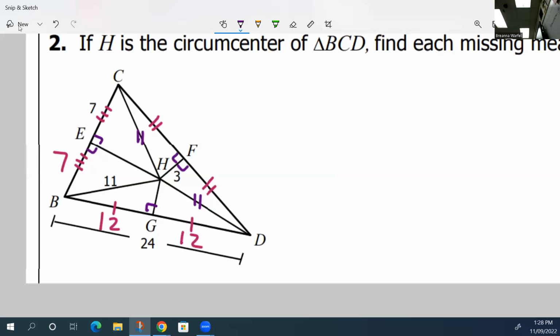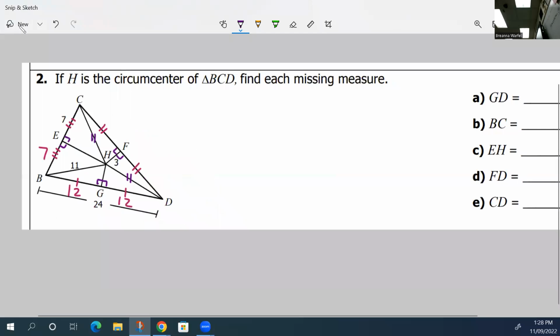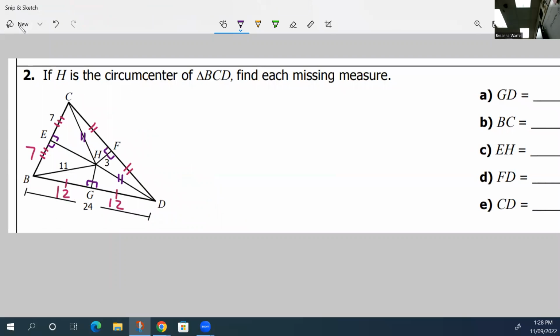Okay, so let's go ahead and see what we need and see what we already have. G to D is 12. E to C is going to be 14. E to H,